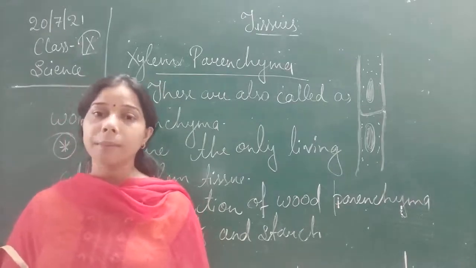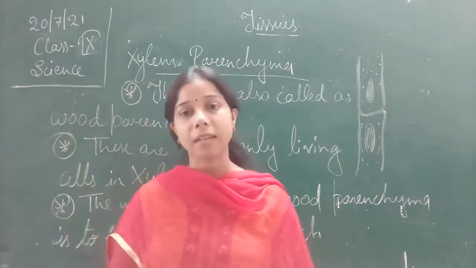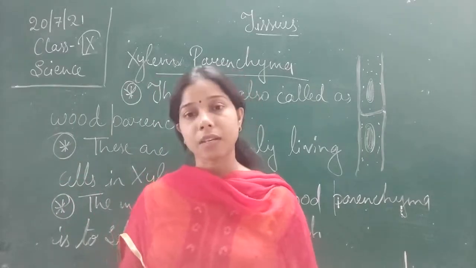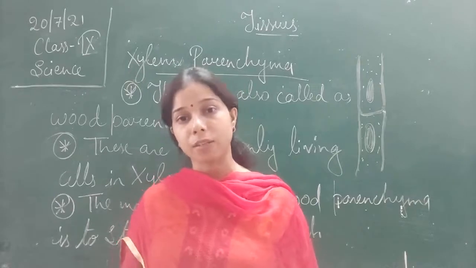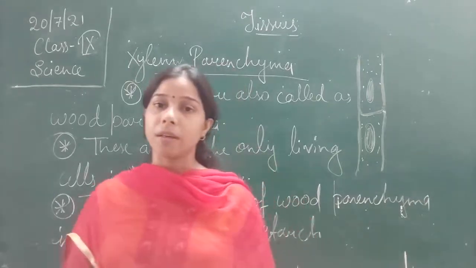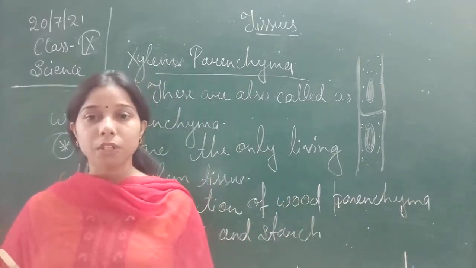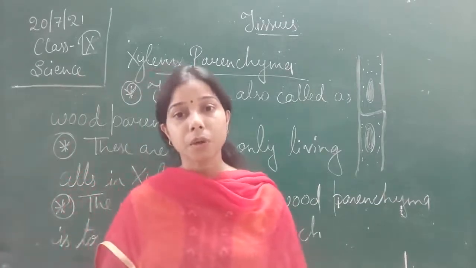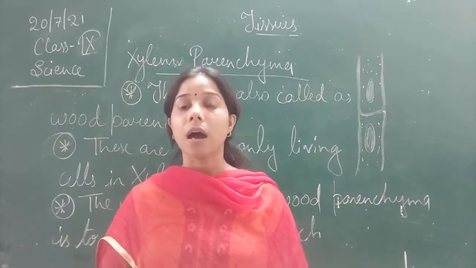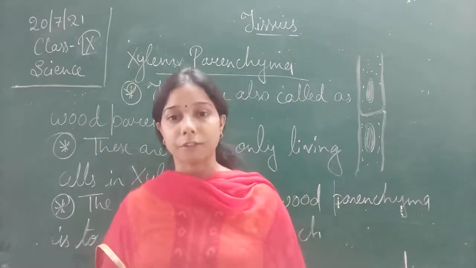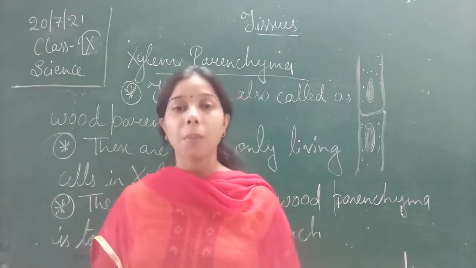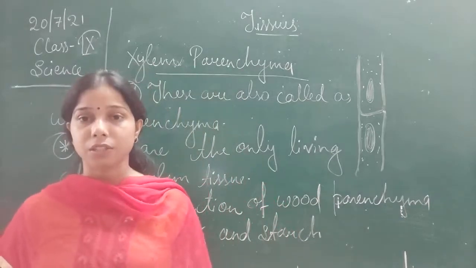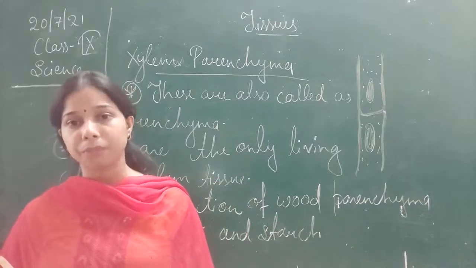Now this is all about the elements which are part of the xylem tissue. Moving on, we will see the next conducting tissue, the next complex permanent tissue, which is called phloem. Xylem was responsible for carrying water and minerals. Phloem is responsible for carrying food from one part to the other, from the leaves to the different parts of the body. For that there is a need for a conducting tube, and this conducting tube is called phloem.